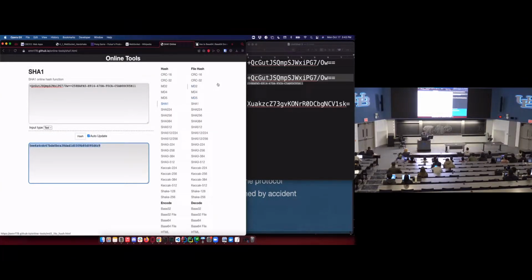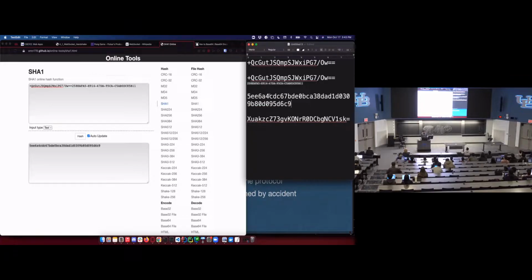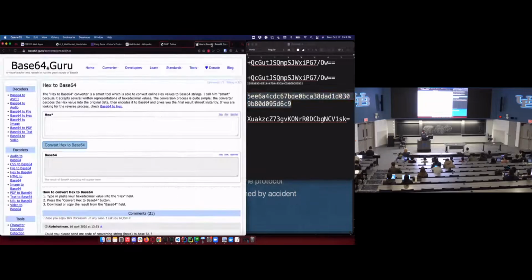So this is my SHA-1 hash of the concatenation. And then with the SHA-1 hash, converting that to base 64, this is where I have to make sure it's hex. I had it backwards. I want to make sure I have a base 64 encoder that's going to take hex as an input, not text, and then output my base 64 encoded string.